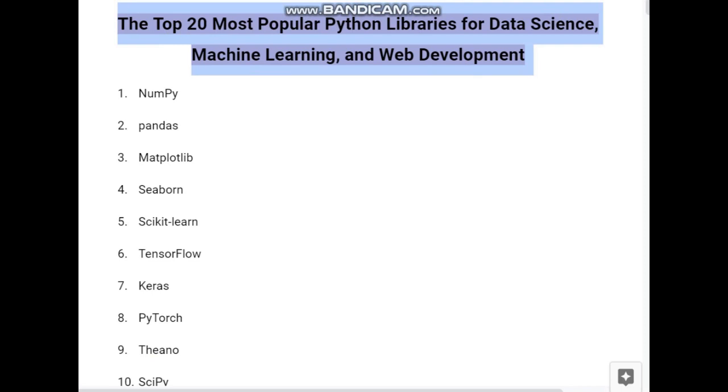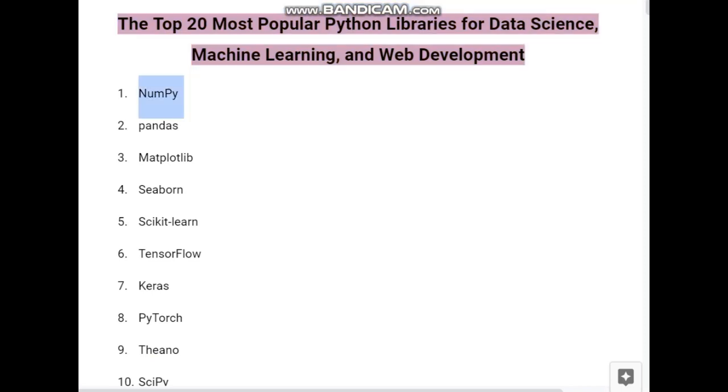The top 20 most popular Python libraries for data science, machine learning, and web development. NumPy, pandas, Matplotlib, Seaborn, Scikit-learn, TensorFlow, Keras, PyTorch,